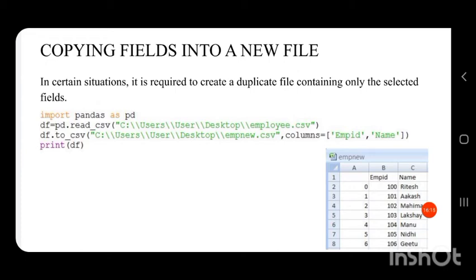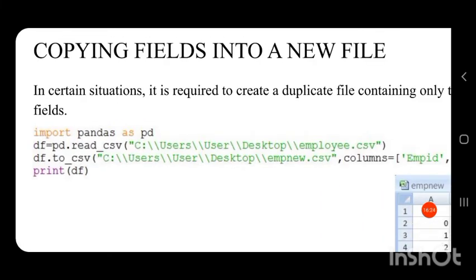Here we have read the contents of the CSV file into a data frame using the function read_csv. Now after reading, we are writing it into another CSV file. For that, the statement is df.to_csv.